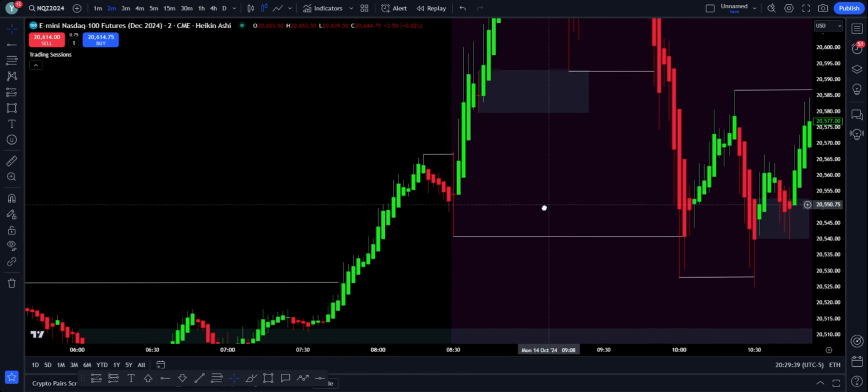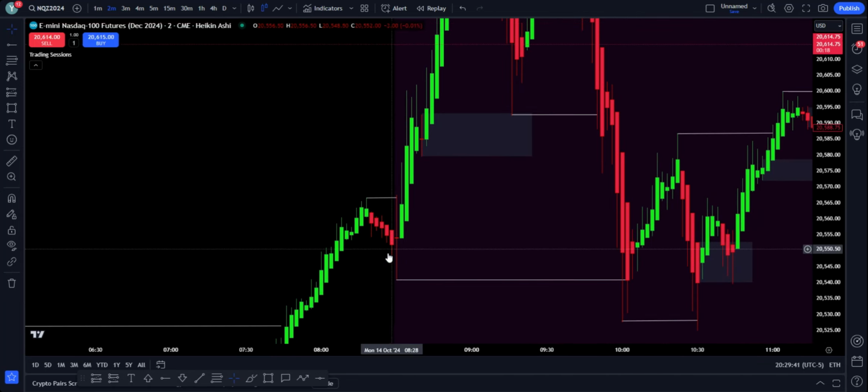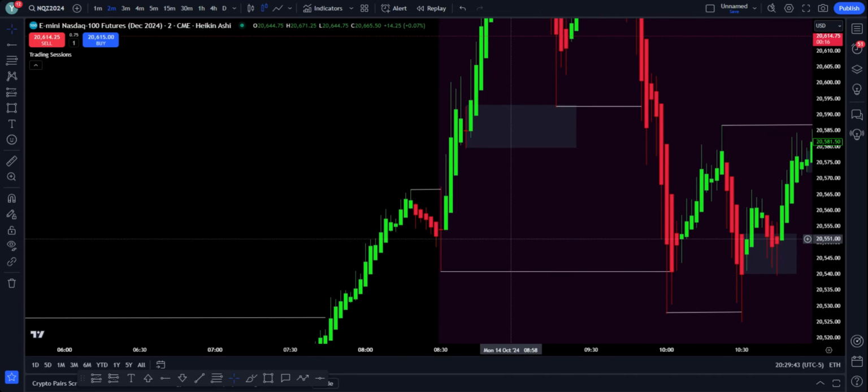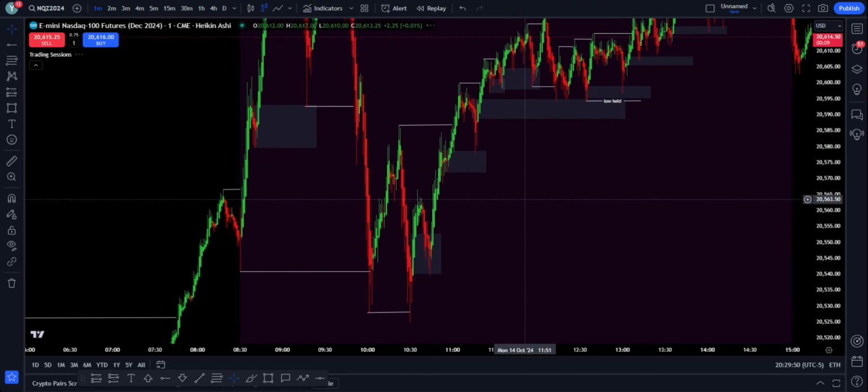On this one, I didn't take my trade on the 2 minute. I took it on the 1 minute because I always have my 1 minute and my 2 minute. If you go look at the video that I posted today after the trades I took live, you get to see I have my 1 minute and my 2 minute on the chart. So if we go to the 1 minute,